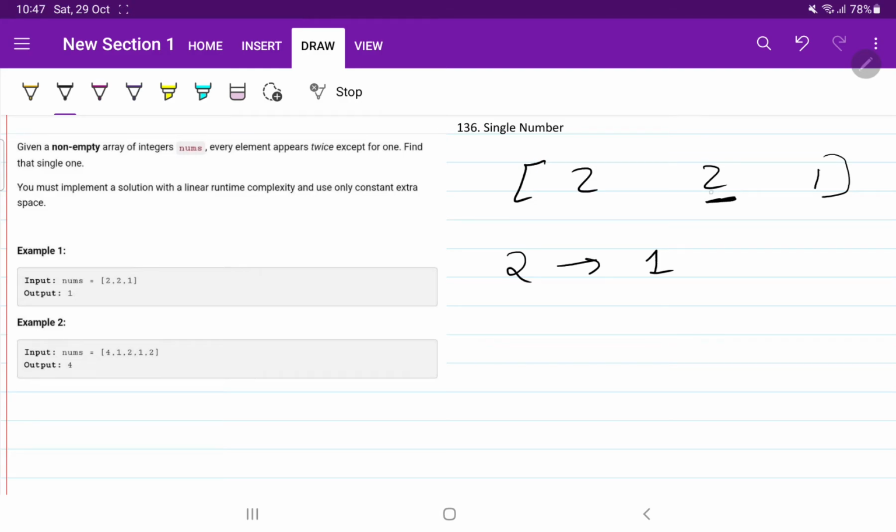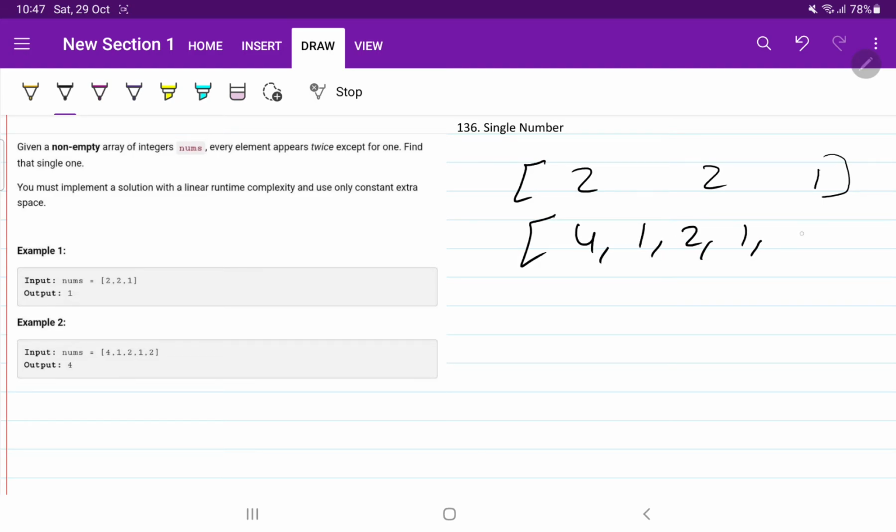Again you will see 2. So in your mind you will increase your count. You will say that we had one 2 before, now there is one more 2. Then you will come to the next number, which is 1. You will think in your mind whether there was a 1 or not. If there is no 1, now 1 has come one time. As soon as the loop ends, you will think in your mind which number has come one time. So you will get to know that 1 has come one time. Okay, this is the approach you would use if you were doing the calculation in your mind, considering the same situation that you cannot come backward.